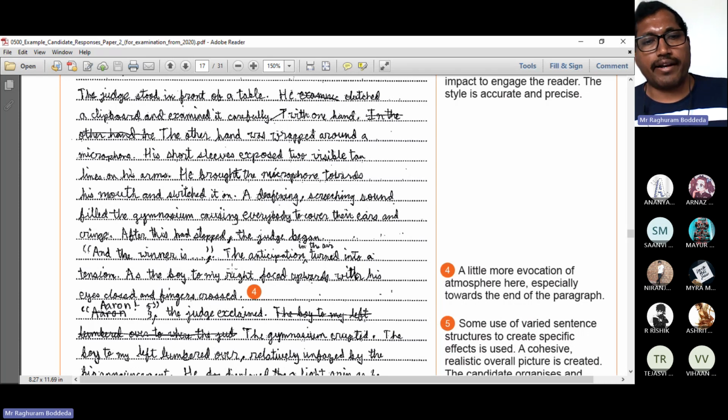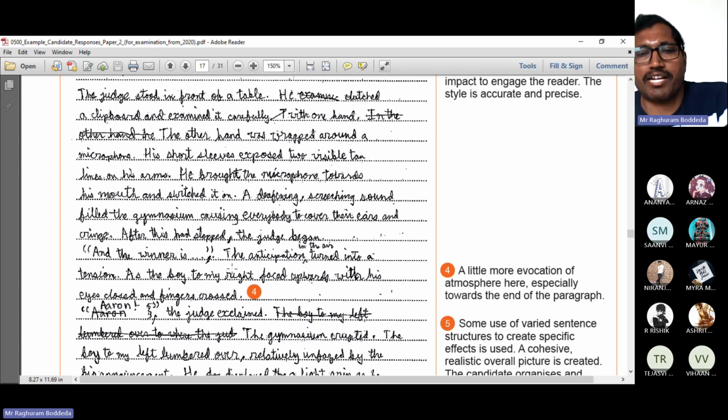As for the boy to my right, that specifies the personality he already described in the previous paragraph. Now he is connected with that personality, how the people are emotively behaving, and what kind of tensions, what kind of emotions, what is the feeling they have inside. All these things he extended here.